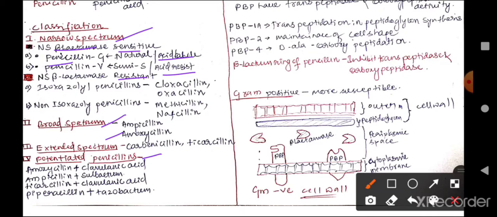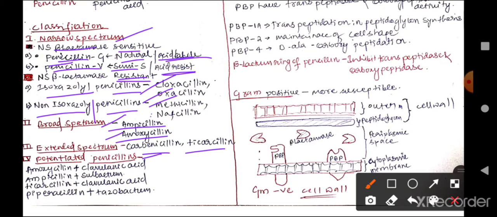Examples of narrow spectrum beta-lactamase sensitive penicillins are penicillin G, the natural penicillin obtained from Penicillium notatum, which is acid labile, and penicillin V, which is semisynthetic and acid resistant. Now let us come to the beta-lactamase resistant ones, which are classified as isoxazolyl penicillins and non-isoxazolyl penicillins. Isoxazolyl penicillins include cloxacillin and oxacillin, and non-isoxazolyl penicillins include methicillin and nafcillin. Now let us come to the broad spectrum antibiotics, which include ampicillin and amoxicillin, and